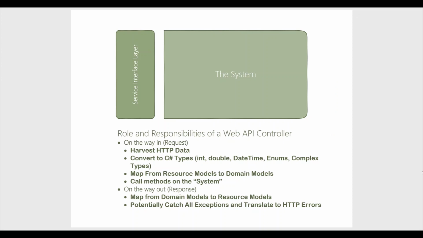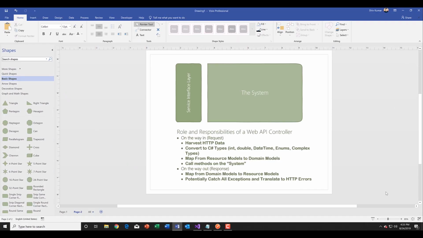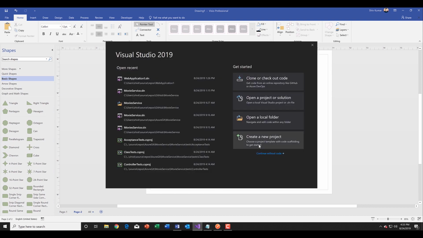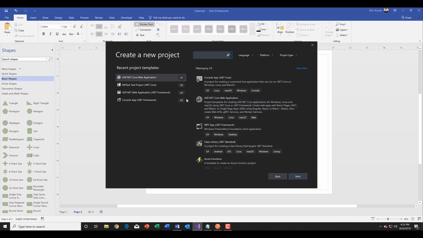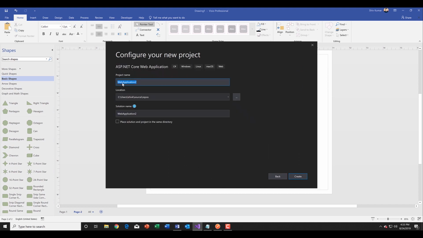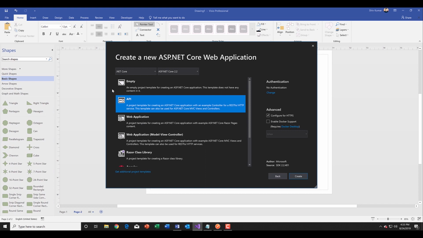So let's jump into the code right now, and then we can go further. I'm just going to build a simple application here, and a certain part of the project is going to be an ASP.NET Core web application, and you're going to pick the API version of that. So we have various choices. We have empty, and we've got API, and so on. So I'm going to pick the API version, which in this case is the ASP.NET Core 2.2 version. So you pick that. Now I've already created one, so I won't actually create this here. So I'll cancel out of here,